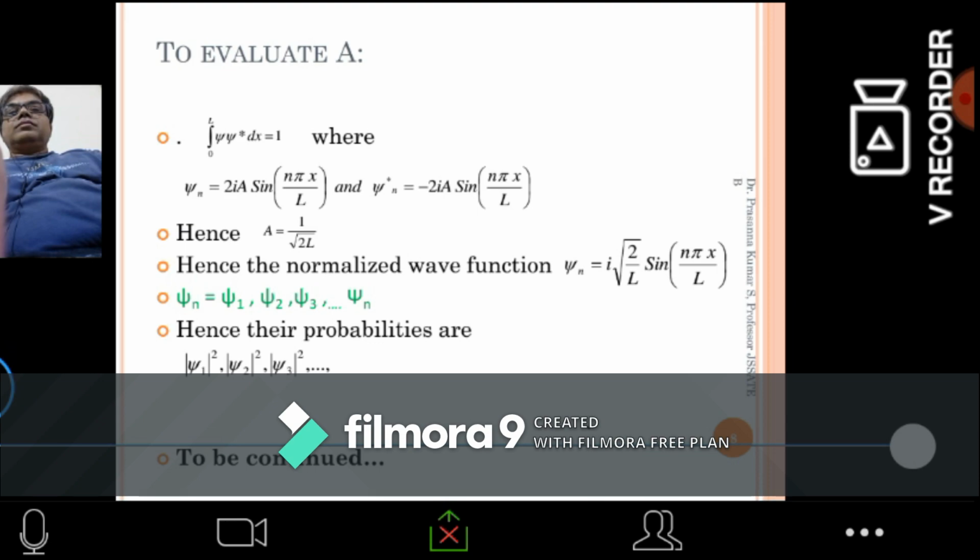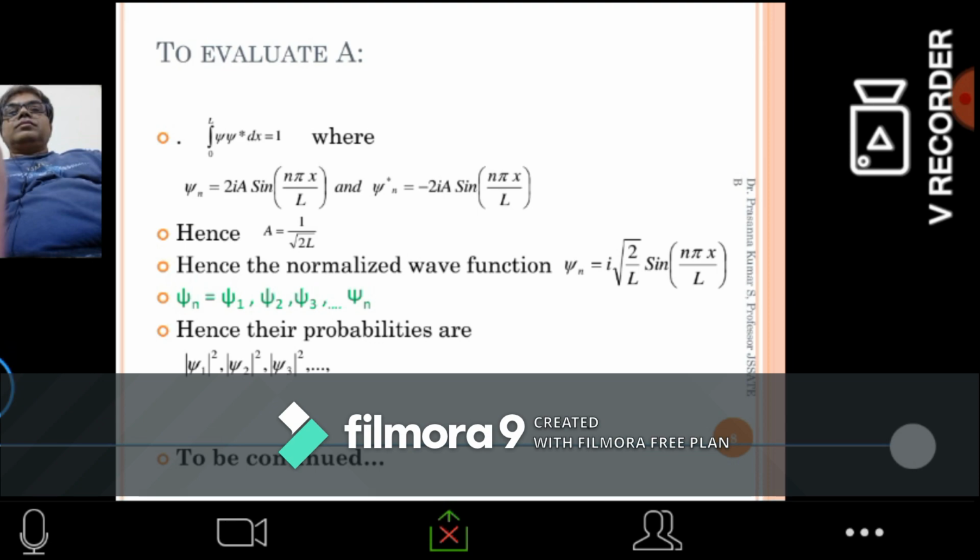So the modulus psi square, I'll write it as psi into psi star. You know what this is from the previous class? That's probability. So psi into psi star is equal to modulus of psi square. What is this psi and what is that psi star? Psi is a wave function, psi star is its conjugate. Now, psi is a complex number. When you take psi into psi star, it will become a real quantity.